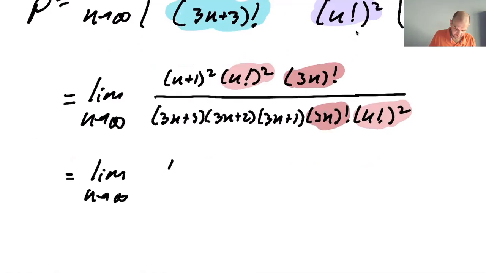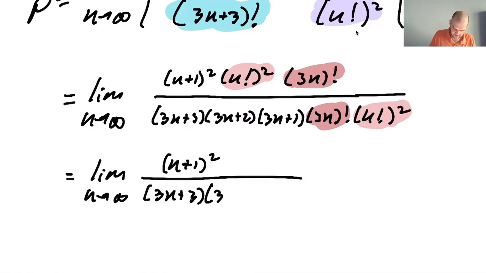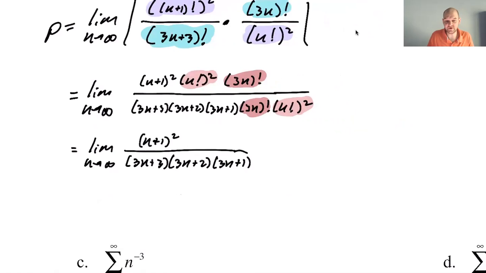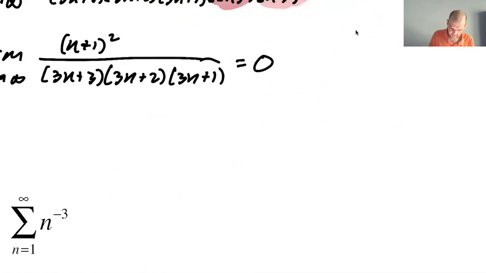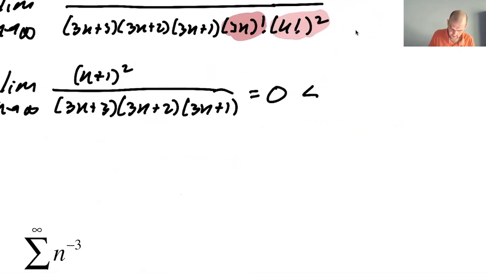So I typically would show almost none of this work. This is basically what I would have written in this step. I would have jumped right here, because you just know, through experience, what's going to cancel. So you can jump right to here. And then we have a quadratic over a cubic, so this limit is definitely 0. And 0 is less than 1. Therefore, our series,